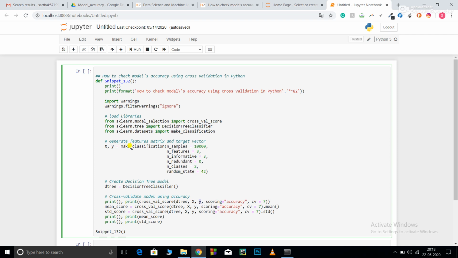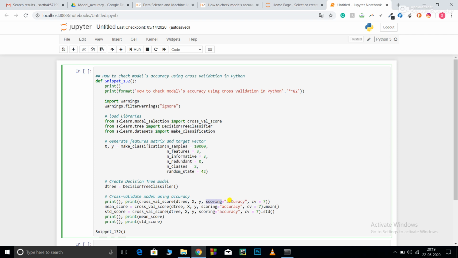So yes, I forgot to tell you something. make_classification gives out two outputs, one is the feature matrix and another is the target matrix. After that you need to pass a scoring method. You can give r2, you can give any method that you want. For example, in regression if I want the mean square error method, I'll pass mean square error. Over here, as I'm using a classification problem, I will pass accuracy.